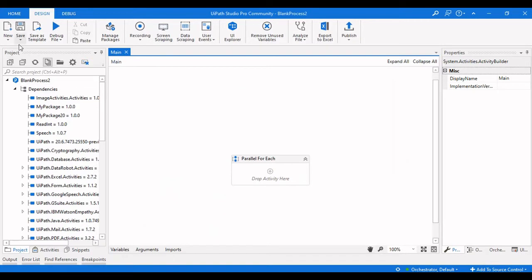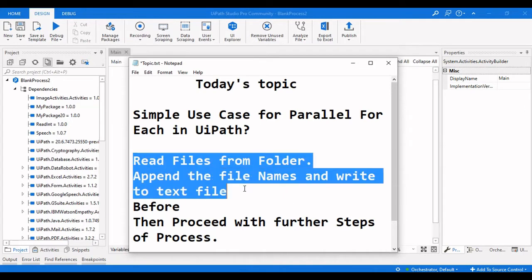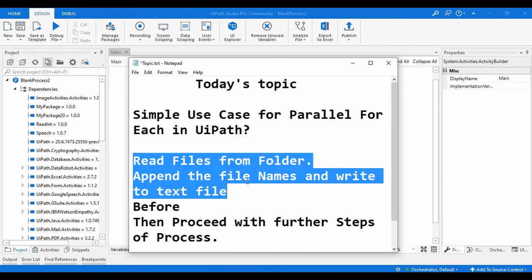The first thing is, as we have a use case here, this can be achieved by using a for each for reading and appending file names, and then using another for each and proceeding with the other steps for the items in this array of strings or the data files.